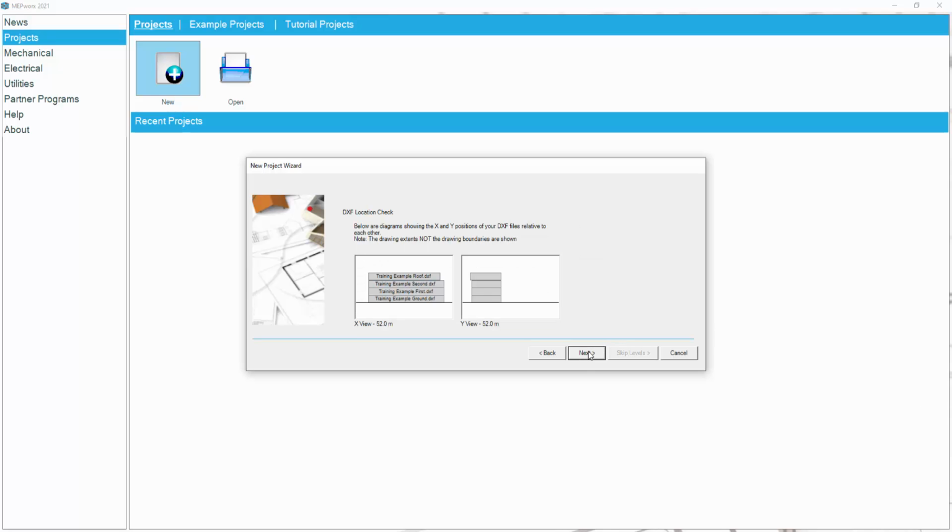This is the DXF location check. This shows you whether your floor plans are lined up or not. Again, with reference to earlier, this is from Revit, so they will all line up. If they were all over the place and misaligned, that would be the point at which you come to the